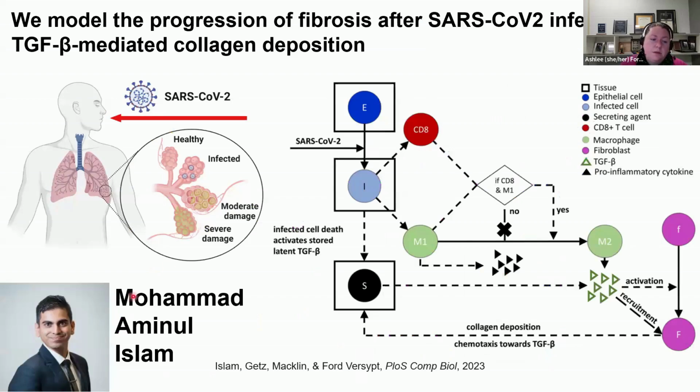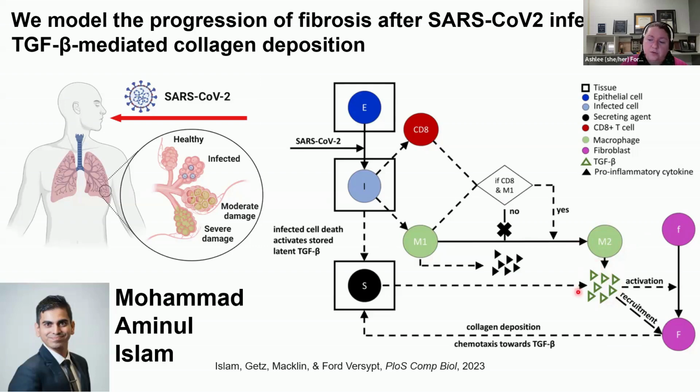So my part of the team, led by Aminal, sought to add that wound healing type of mechanism. After an infected cell has recruited the CD8 plus T cells and these very inflammatory macrophages, we made a rule that says if they're both co-located, that means they're responding to that infection, then it will start to turn off that inflammatory signal and will instead transition the inflammatory sets of macrophages into an anti-inflammatory pro-fibrotic phenotype that will